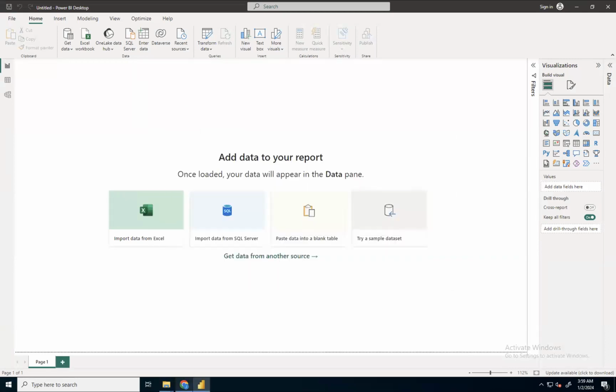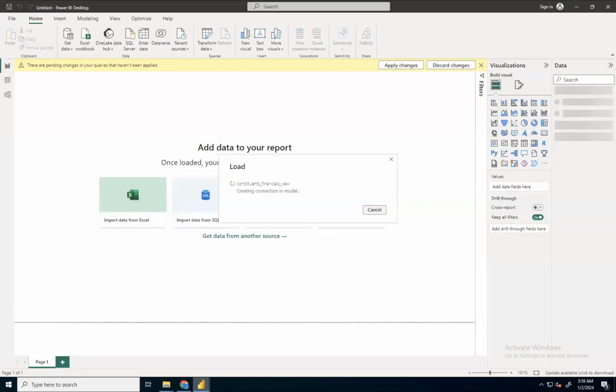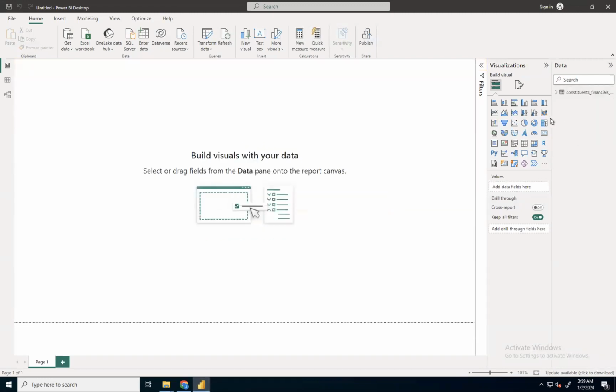This is the same which is created here, SNP data scope and view inside it. The same is loaded in Power BI. If I can show you the data model, this is the view name, the table in Power BI, and all these things are present here.